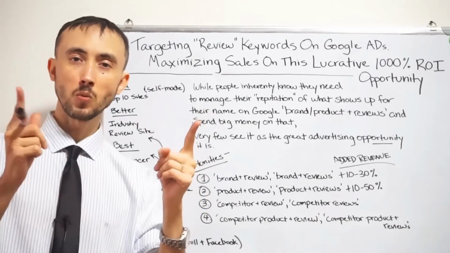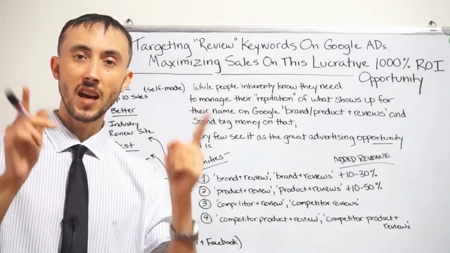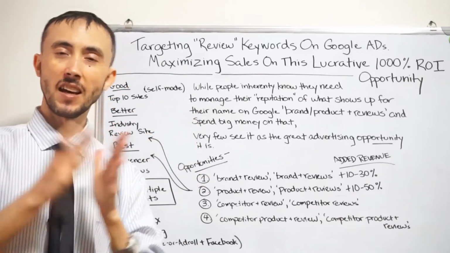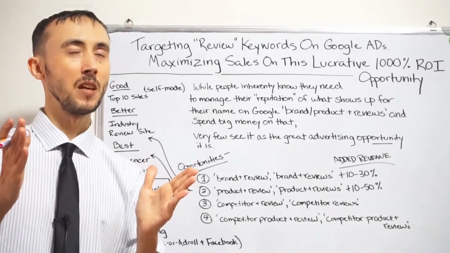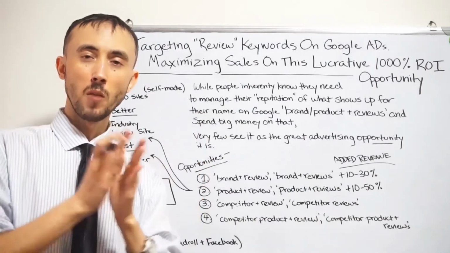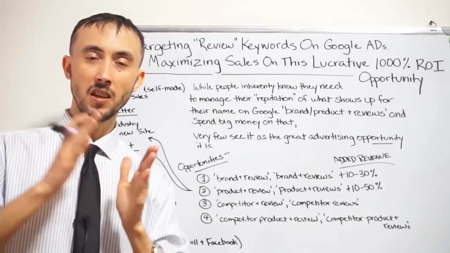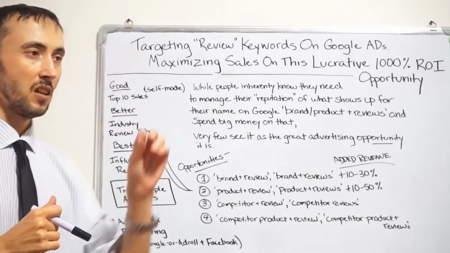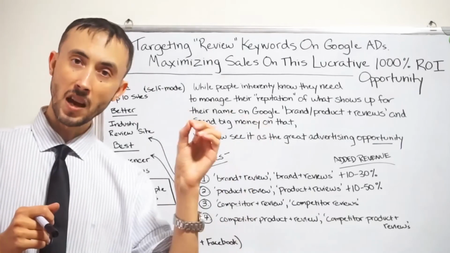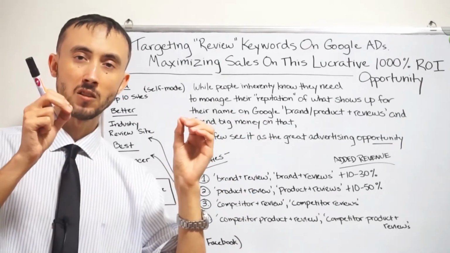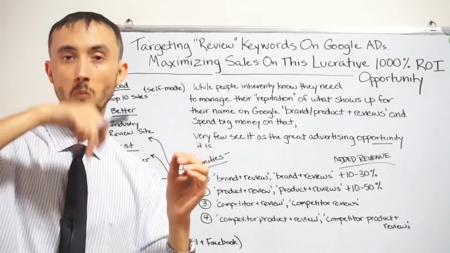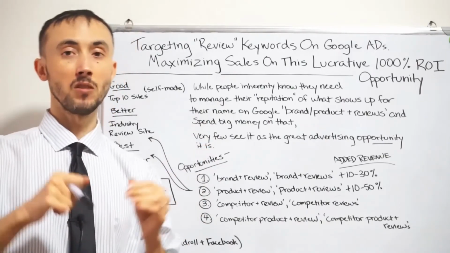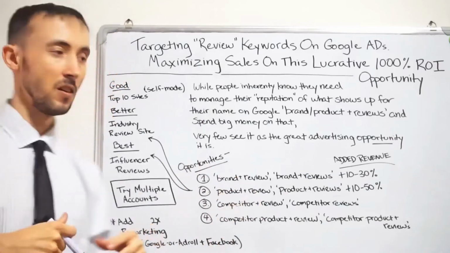It's not 1 + 1 now. It's 1 squared, we'll just put it that way. I guess 1 squared is still not the right thing to mention. Instead of 1 + 1 = 2, it's 1 + 1 = 3, really, because the one review worked great, but because they now saw 2, there's an amplification. You're going to get more than just the sum of the 2 parts. And if they see 3 reviews, it's the same thing, and it keeps compounding.